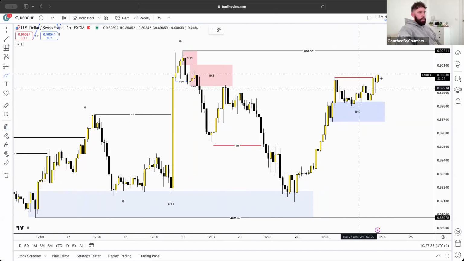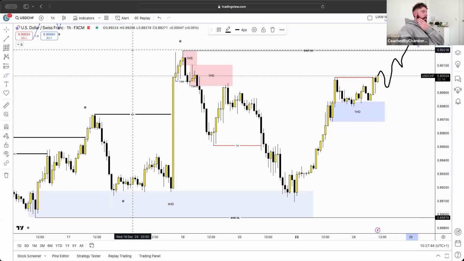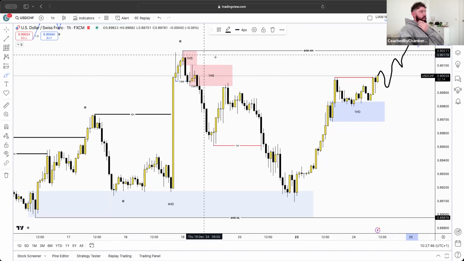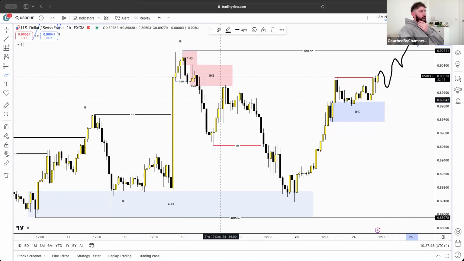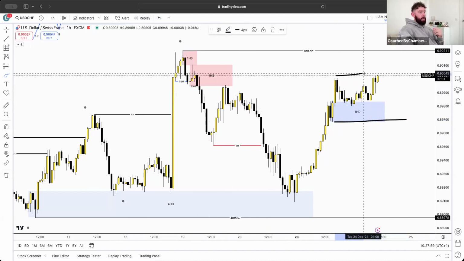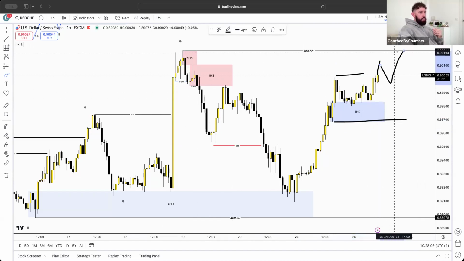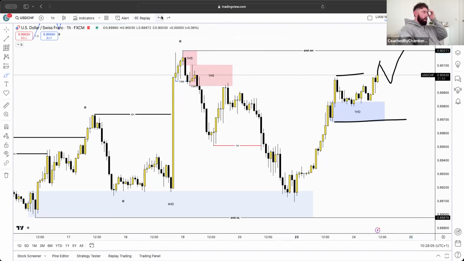So you can expect a high pullback and then carry this trend on upwards. So that would be what I would keep an eye out. There's no real supply areas here that I would be confident enough with taking sells from. So for me, USD CHF at the moment, this is our 1 hour higher low, this is our 1 hour higher high, and we are currently breaking above. So looking to continue this trend on the upside.